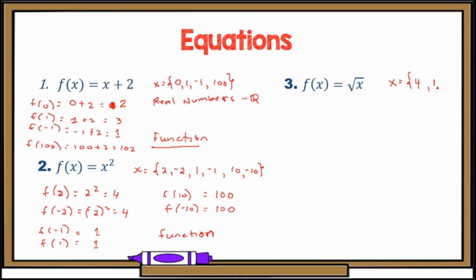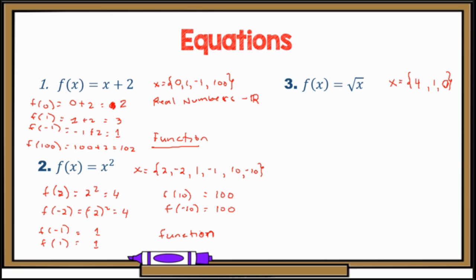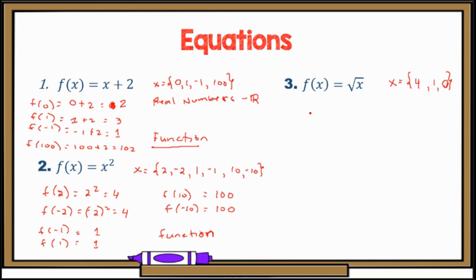And also 1 and 0. Okay. So if we extract the root or the square root out of negative 4,